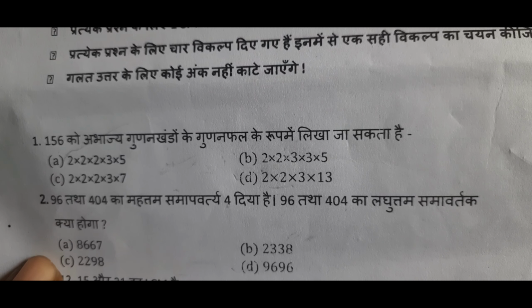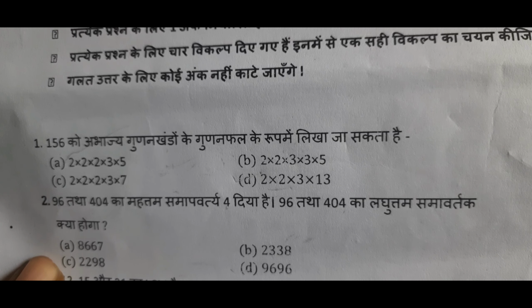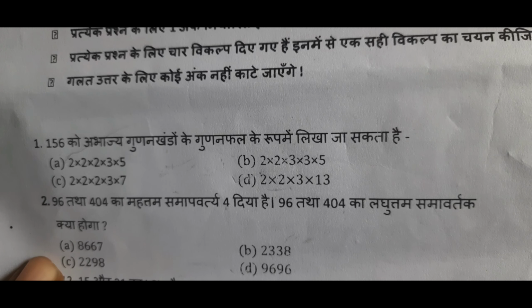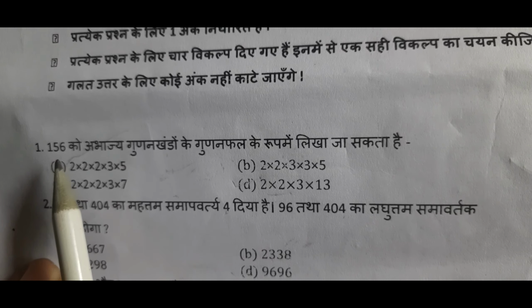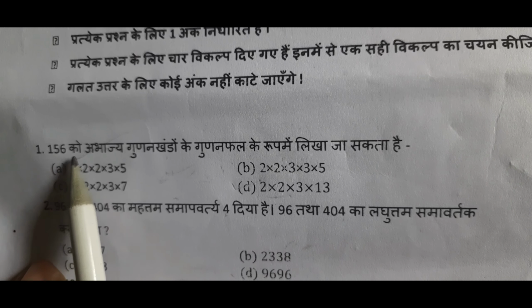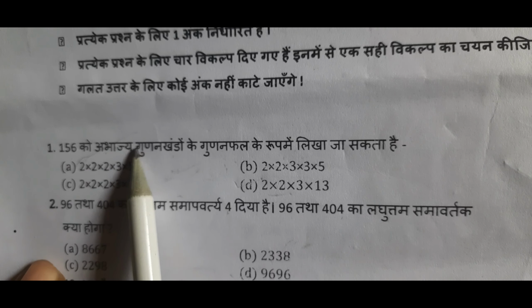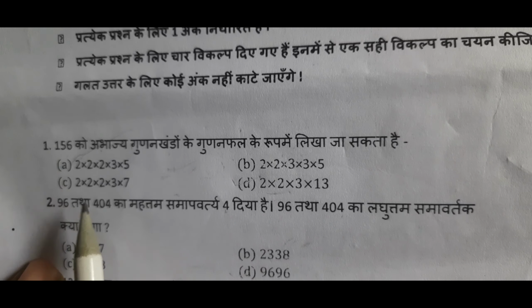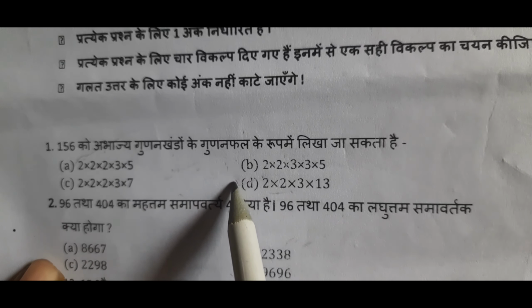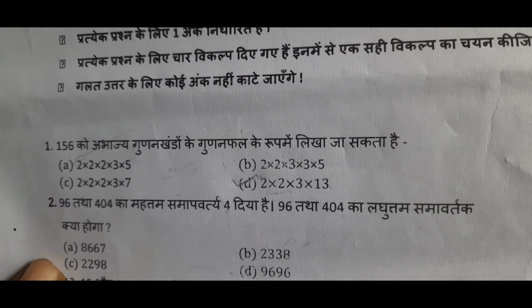So my dear students, I'm just dictating it, I'm translating it in English. You just copy it down, pause the video, listen very carefully, pause the video and note it down in your copy. So the very first question is that 156 can be written as the product of prime factors. अब 156 को प्राइम फैक्टर्स में करके देखोगे तो आपको ये आंसर आएगा 2 इंटू 2 इंटू 3 इंटू 13.